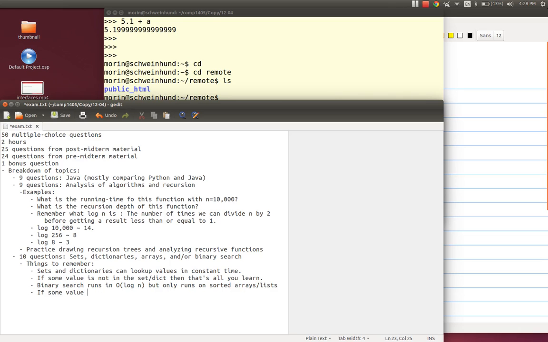and say, look, here's where I finished. 17 should go here, but it's not there. So I conclude that 17 is not in the array. But I also conclude that the closest thing in the array that's bigger than 17 is 23.